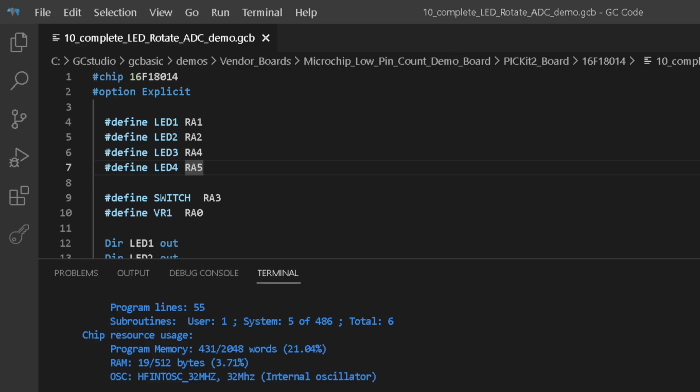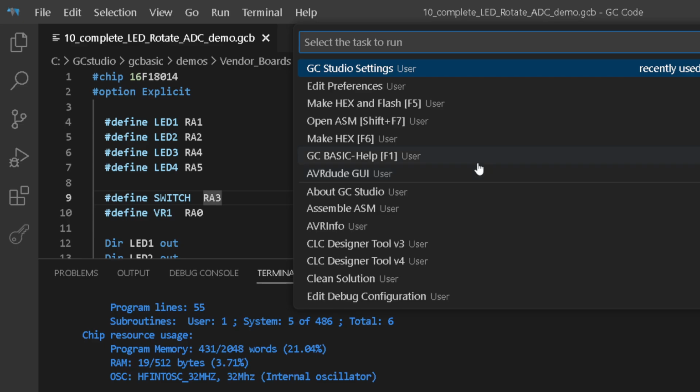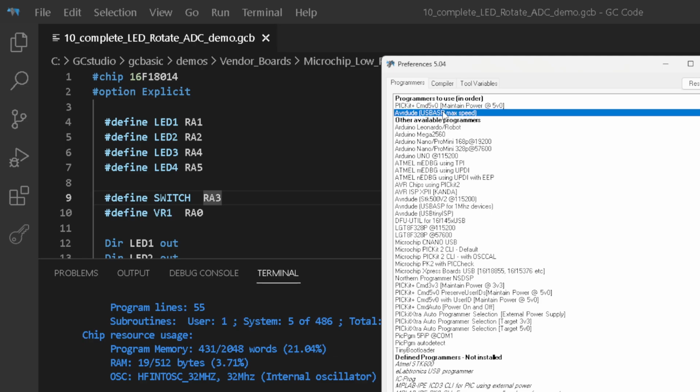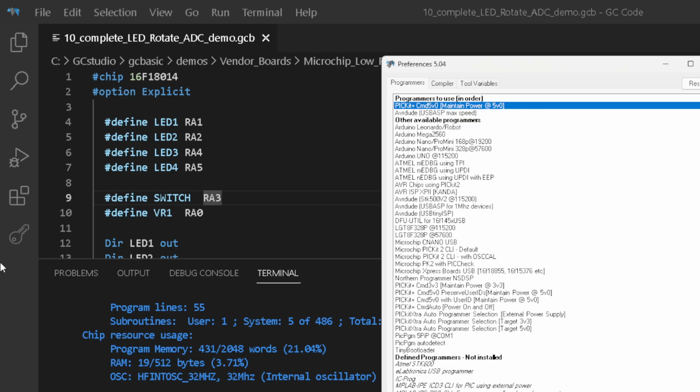I can now, what I can do, I can press function key F4, edit preferences, and we can have a look. And all of a sudden, look, this is no longer in italics. It's installed correctly. And down the bottom, there's a whole load of others, which I try and show you on